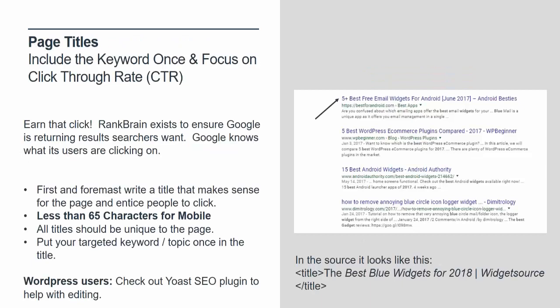Now let's get into actionable, easy SEO tactics that you could and should use. In this machine learning version of Google, as Google starts to teach itself how to really deliver best results, the metric you want to really pay attention to is CTR, click-through rate.